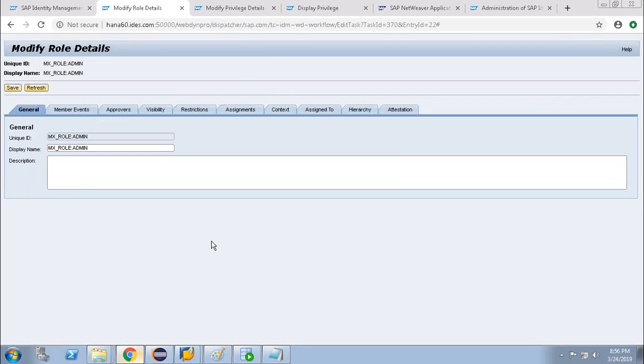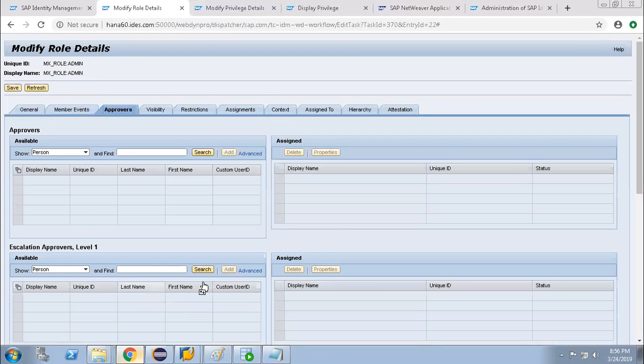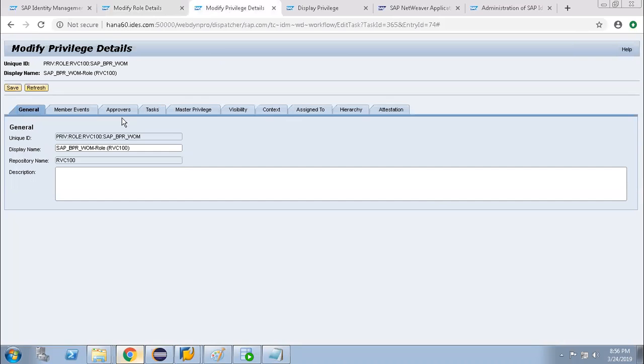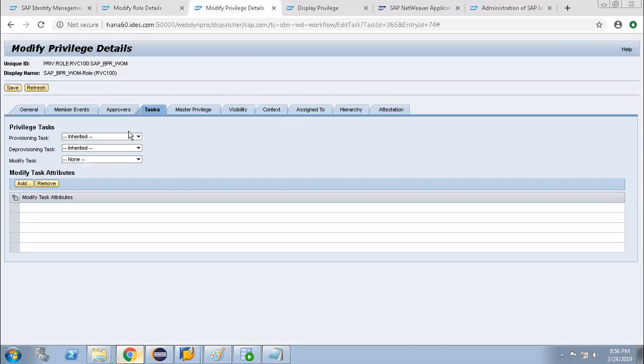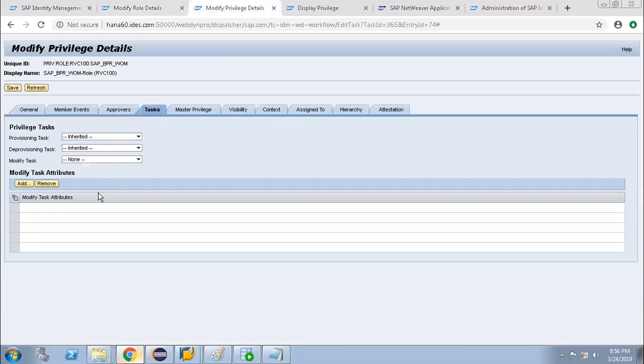The member event tasks are the same; all the member event tasks of roles and privileges are the same. Approvers are also the same. Approval levels are also the same. Task is also the same, but actually the task is not there. Why is the task not there? Any idea?